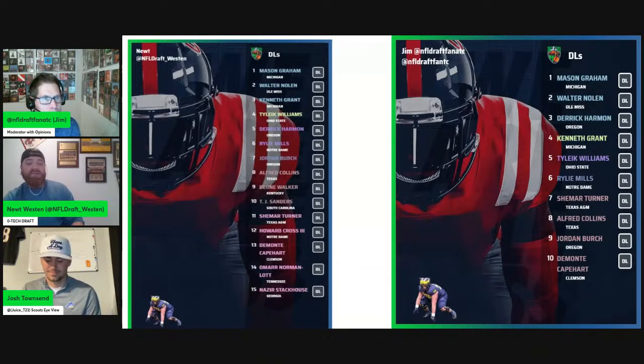But I think that on a down-by-down basis, Kenneth Grant does that a little bit better. So for me, I think that the technique is a little bit better for Kenneth Grant right now. I think that the 3-down ability of Kenneth Grant is a little bit better right now, and I'm arguing the slimmest of margins. I want to point that out. I could put on another game of tape of Walter Nolen's, and just from that game, probably change my mind and be like, no, I think Walter Nolen actually. So it's not much. But I think that there are two things that Kenneth Grant just does slightly better for me.